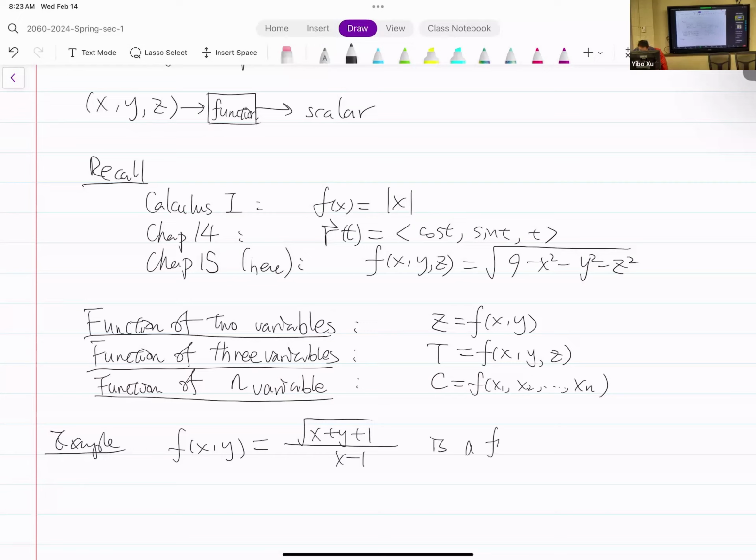So this is a function of two variables. If we don't specify the domain of the function, then we just look at all the xy pairs and see what are legal, what are not. What are the legal inputs? Okay. So its domain